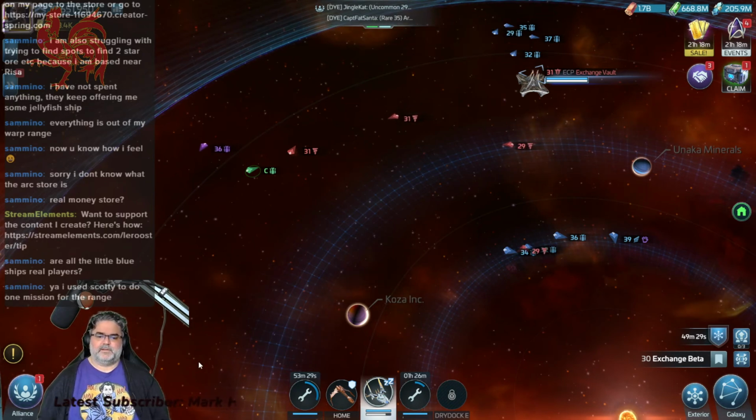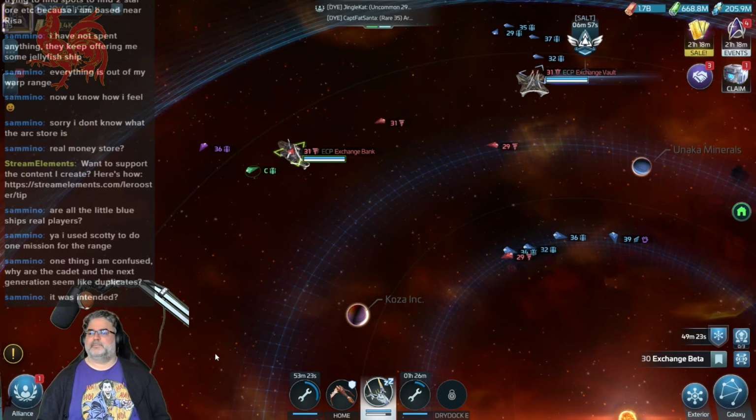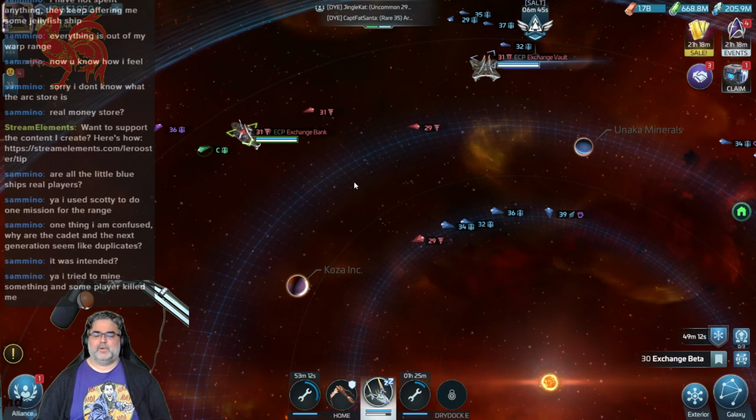Confused. Why do the cadet and the next generation seem like duplicates? Well, they are. They're copies. Yeah. They're new releases because it's more like, let's call it a reboot of the game. The cadets came out when the game first came out, and now the next generation grays are